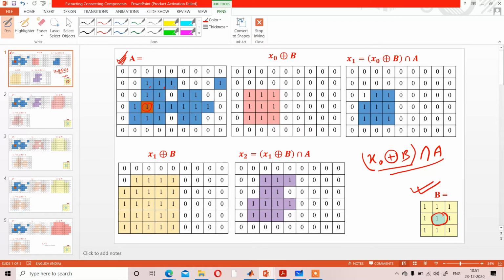Over that image, you have to check which pixels are connected to each other and which are not. Visually you can check that this pixel is not connected to the other pixels. If we do the extracting connected component operation and consider any pixel from that region, you can see this provides two regions.